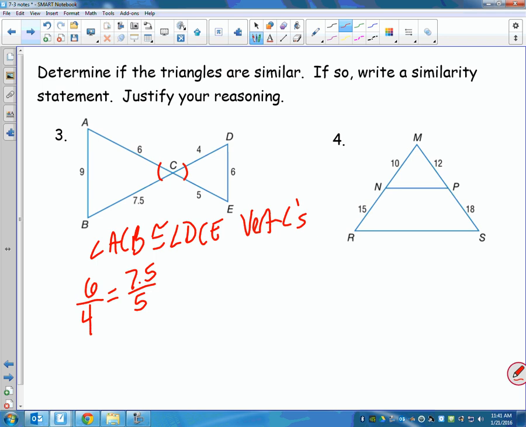7.5 times 4. You know that way of checking two things are congruent? Because like you can say 6 times 5 is 30, or 4 times 7.5 is 30. If those are equal, then it's a condition. Or you can just write that. So since those are equal, we could say by side, angle side, that they are similar. We put the sides. So the triangle ACB is similar to triangle